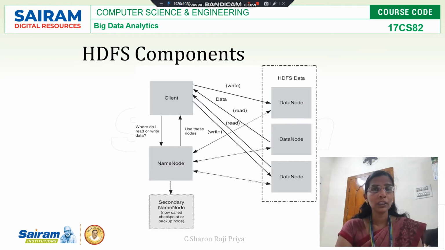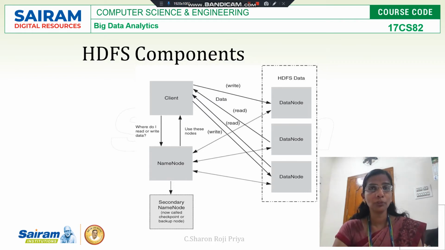So this secondary name node, or the checkpoint node, periodically issues the checkpoint. When the checkpoint is issued, both the disk files are downloaded from the name node and the second file is merged with the first file. What is the second file? The edit information will be merged with the original file system structure, so that the update is reflected in your file system. So this is the use of the secondary name node.